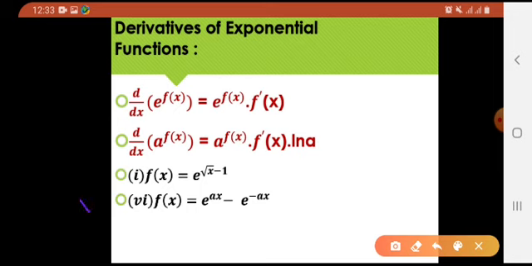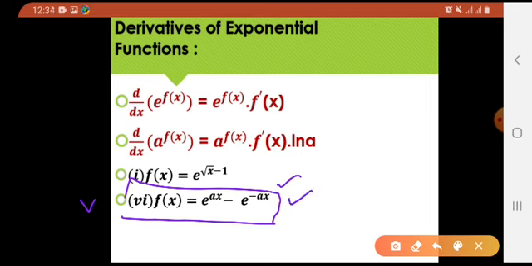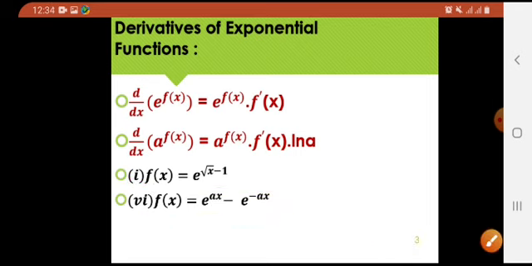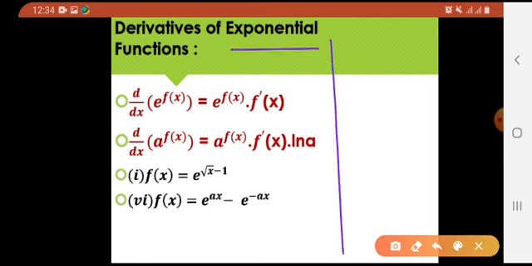Okay, look at this, the next example. In the 6th part, this thing would be used as your quotient, right? This term would be there in your numerator, but I have taken half part of it so that I can explain it to you. Exponential function. Okay, differentiation of an exponential function. Look at this. If I have to find the derivative of this function, how am I going to do that?